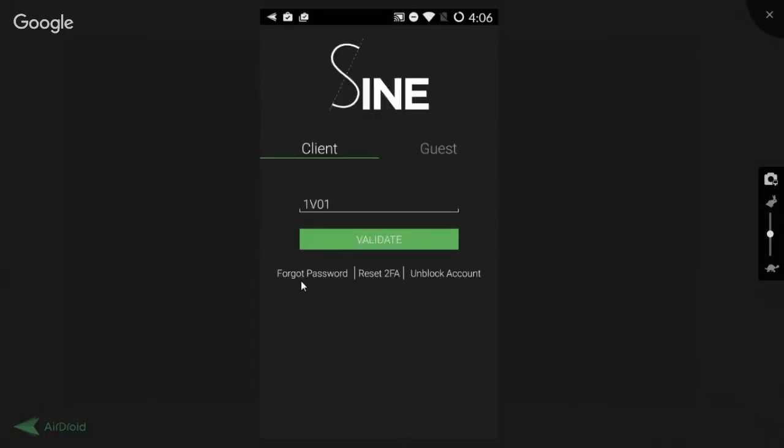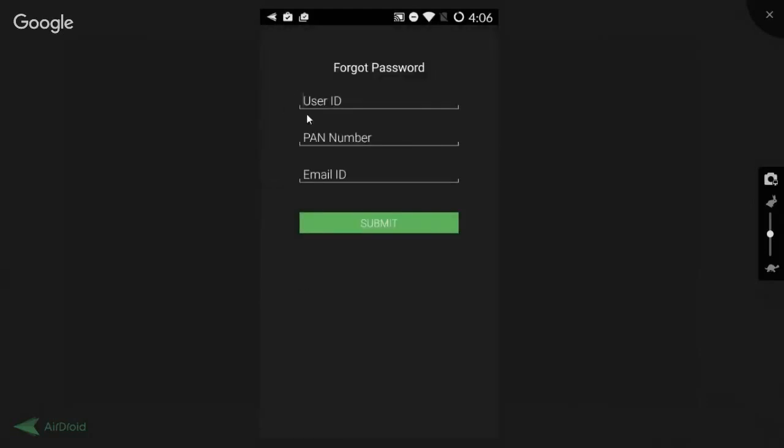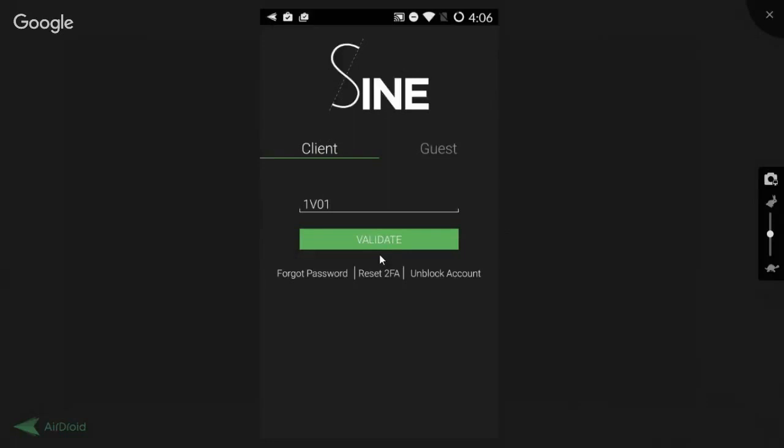Similarly, if we have forgotten our password, or we've entered it incorrectly more than thrice and forgotten it, we can click on forgot password, enter the login details, submit them, and a new password would be emailed to us on our registered email ID. Likewise, we can do the same for resetting our security questions. All these features reduce our need to call customer service every now and then for small queries like unblocking an account or resetting the password.